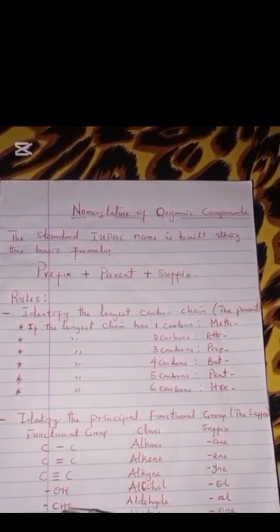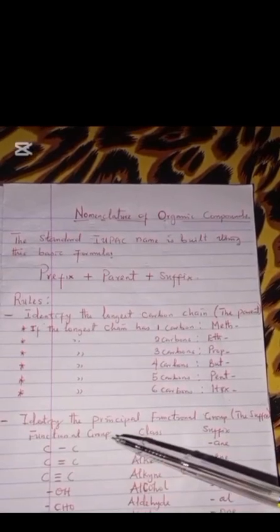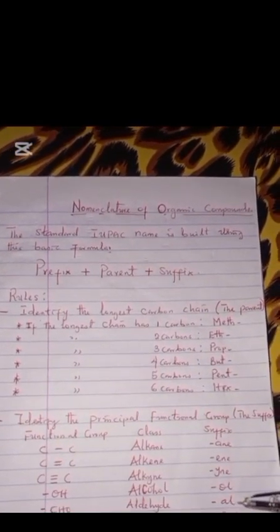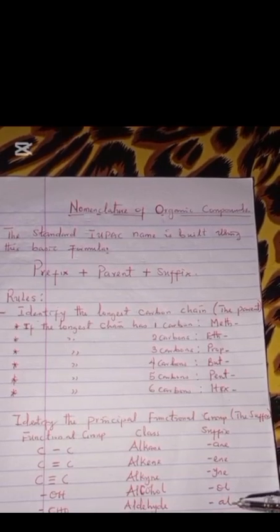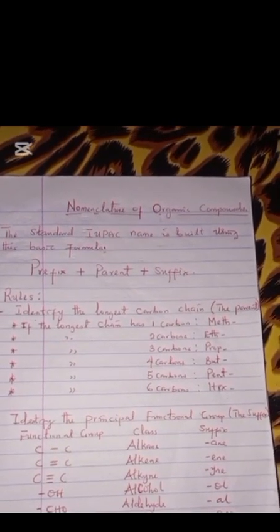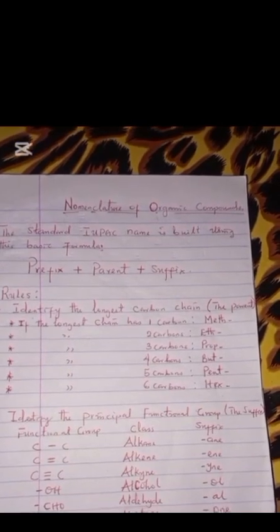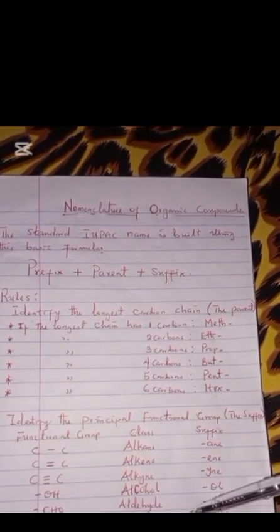If it has the CHO functional group, it is an aldehyde. Hence, the name will end with al. And when it has the functional group carbonyl, that is CO, that is ketone, so the name will end